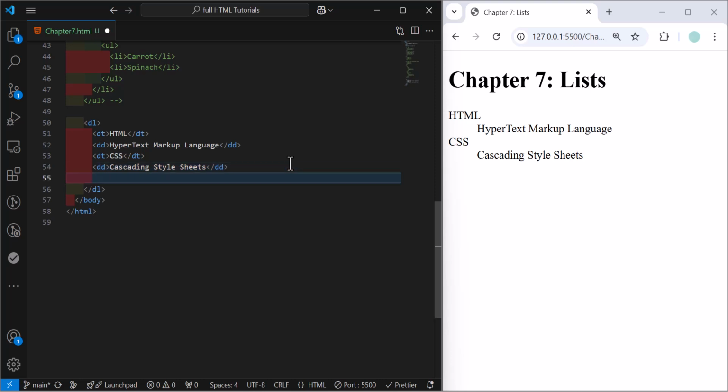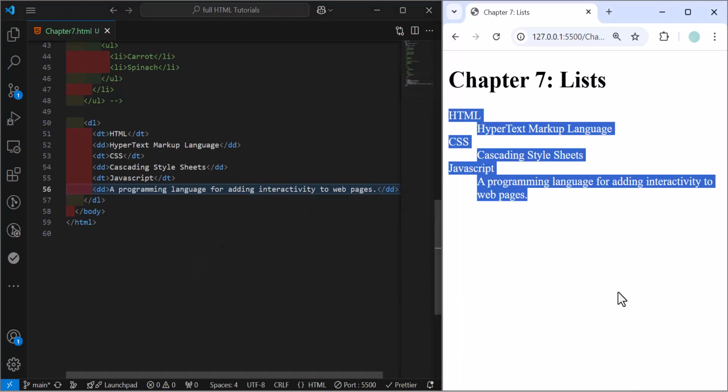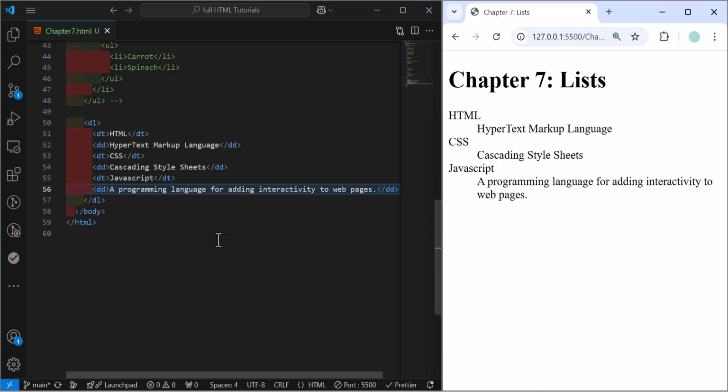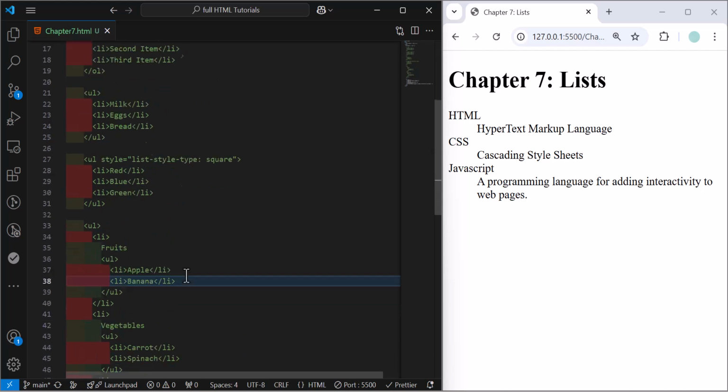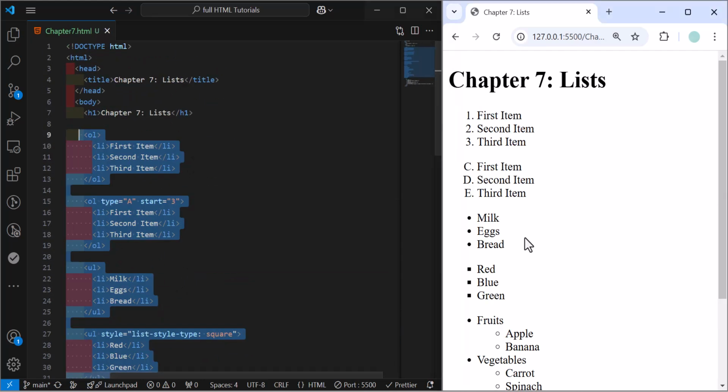Now let's add one more DT for JavaScript, and let's delete this one also: a programming language for adding interactivity to web pages. Now let's save. Okay. So this is how we can create our definition list, ordered list, and unordered list. Let's uncomment them. Save. Okay. We got our